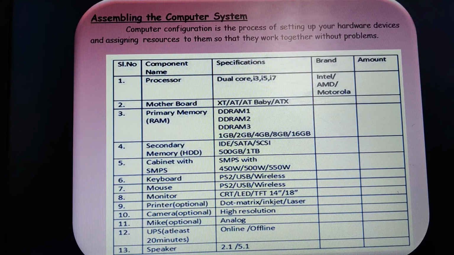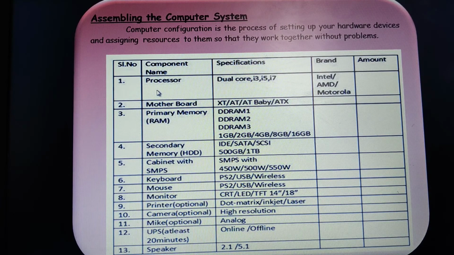isn't it? Then what should be the RAM capacity, what should be the ROM capacity. Okay, how about the UPS, whether you have to go for online UPS or the offline UPS. Okay, then what is the internal hard disk drive capacity, all that you will be seeing. So whenever you are buying the computer system, what are the components that you need to see. Okay, we have almost 13 components, and let us see the specification.